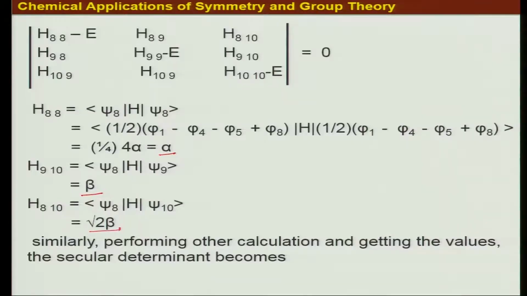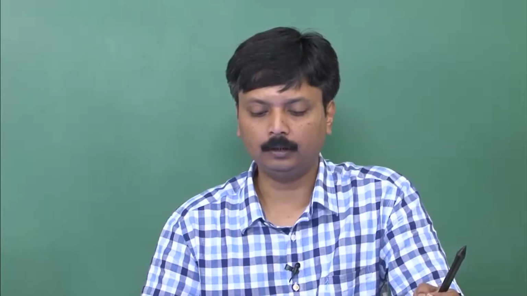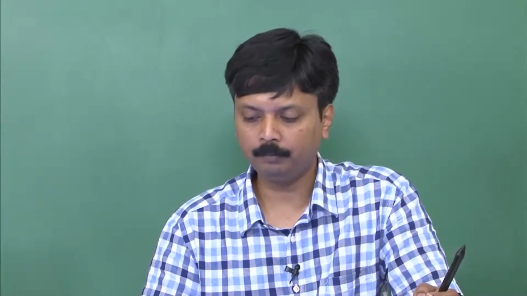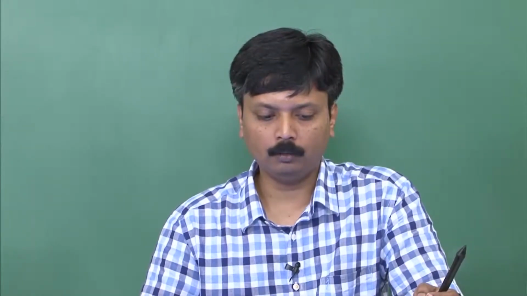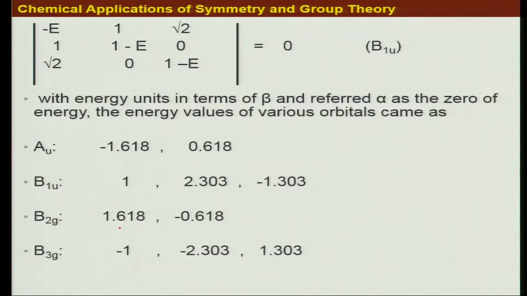So we can keep going and calculating all the other secular determinants for the other irreducible representations, and then put in the conditions imposed by the Huckel approximation, and you ultimately get the total